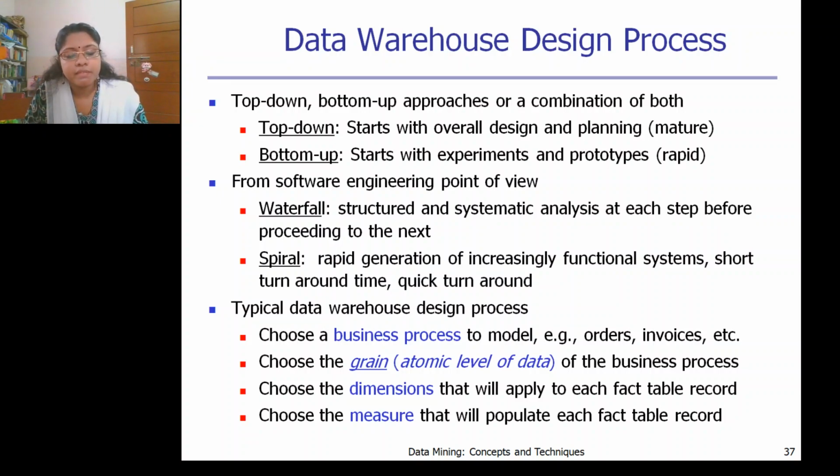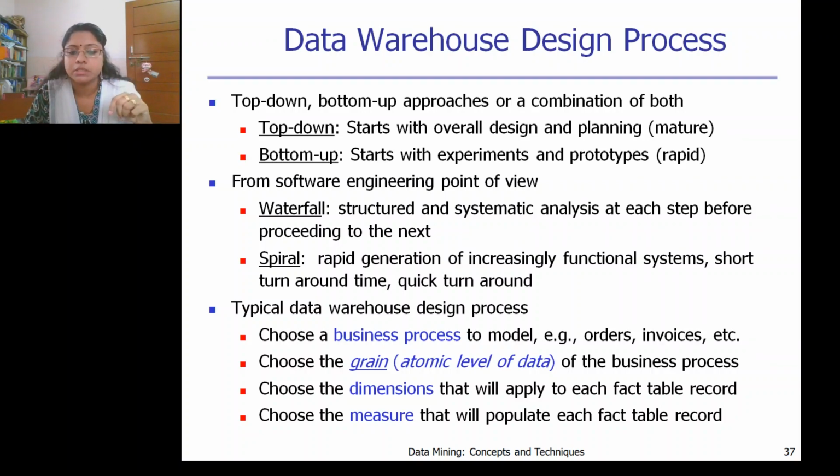So whenever we design a data warehouse, first you choose a business process. Second, you fix the level of granularity, that is, the level of abstraction of the data. Third is choosing the dimensions for the fact table, and fourth is choosing the right measures.